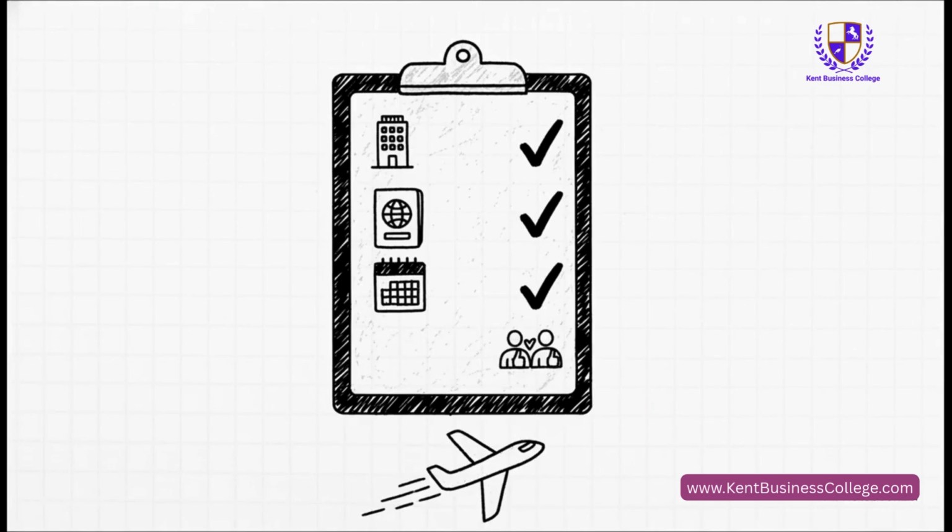And last, but by no means least, the ultimate pre-flight check, the definition of done. This is just a simple checklist that everyone on the team agrees on. A piece of work is not finished, it is not done until every single item on this list is ticked off. So, is everyone happy with the hotel choice? Tick. Do all the booking links work? Tick. Has anyone got an expired passport? No. Good. Tick. And has someone else double-checked all the dates? Tick. Only when everything is ticked can you finally say you are ready to fly.